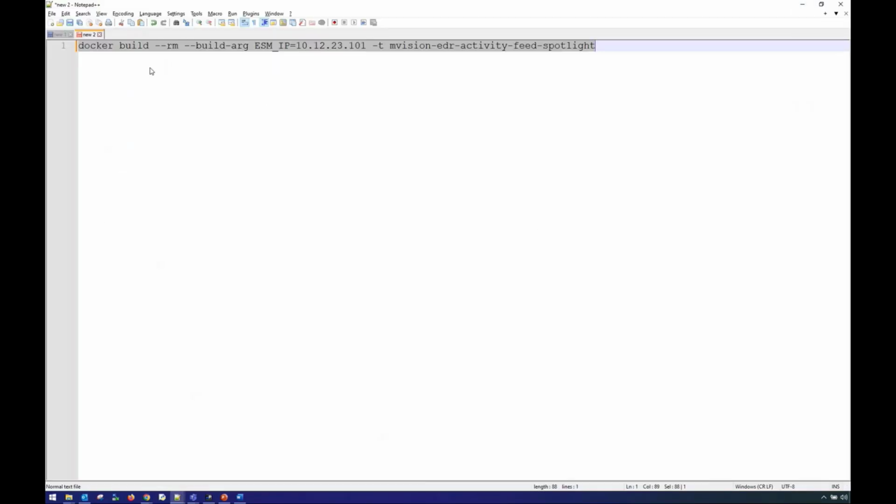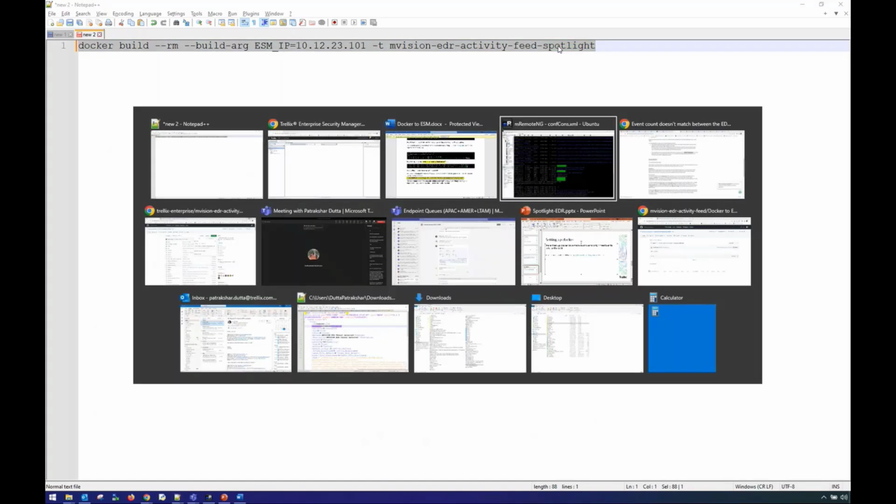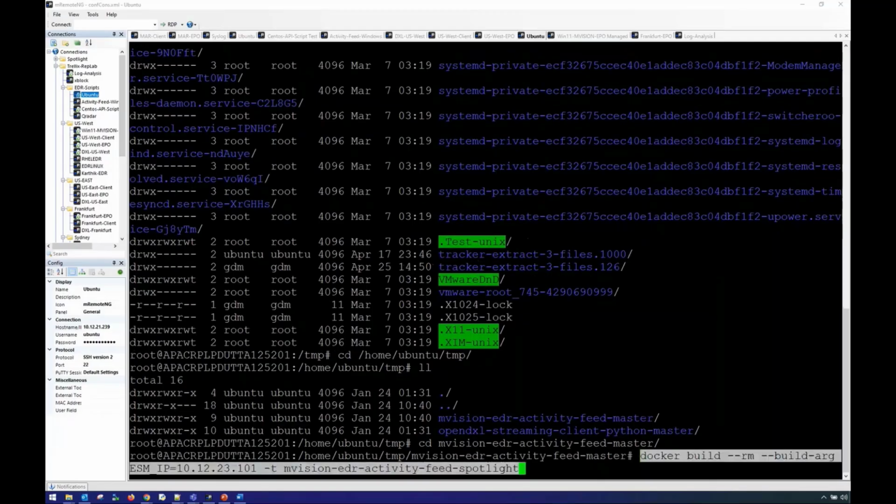So what's the command that I typed? It is docker build --rm --build-arg ESM_IP=the ESM IP that you have, -t envision EDR activity feed, and then the name that you want to give. So if I go ahead and paste it here,